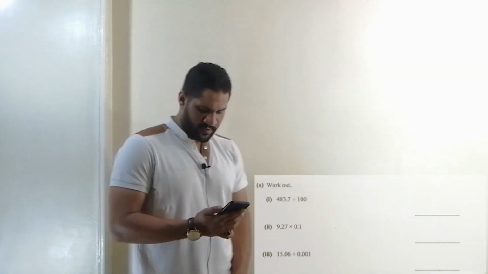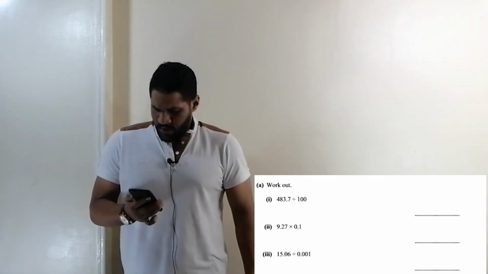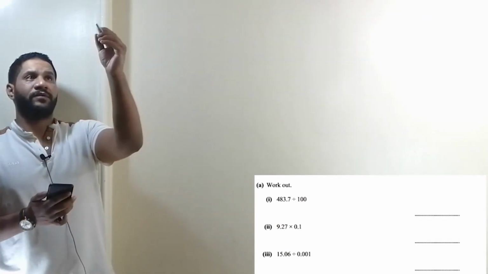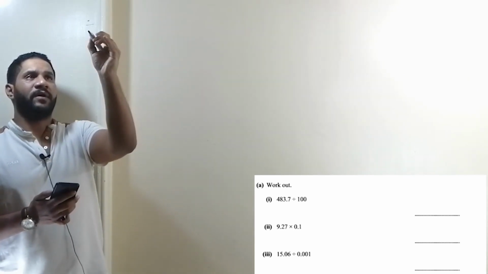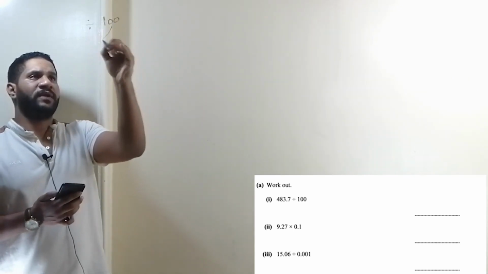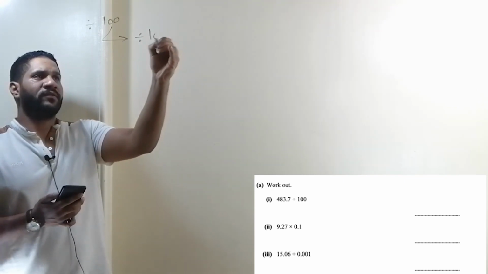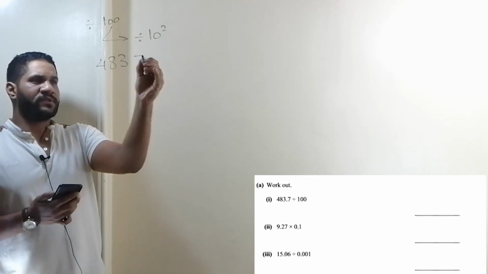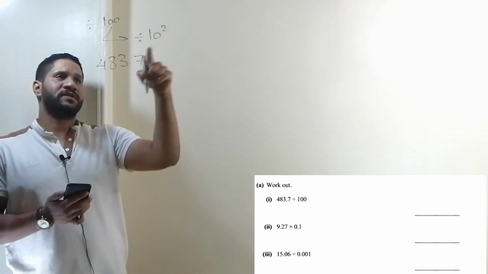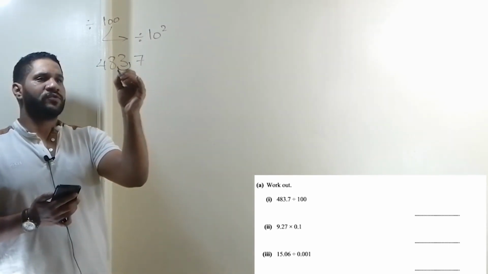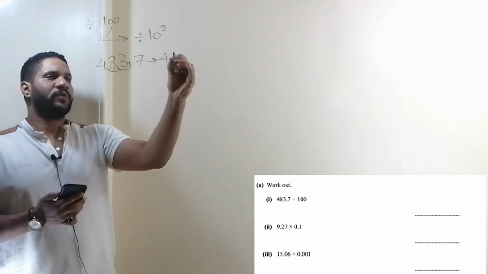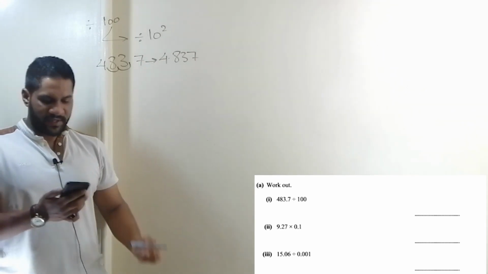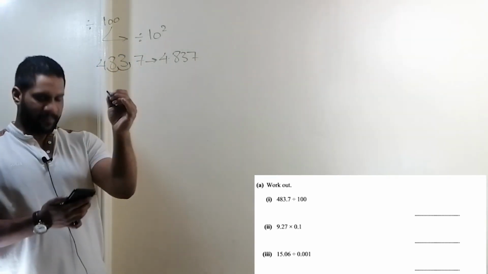He's saying, write 483.7 divided by 100. We know that divided by 100 means divided by 10 to the power of 2. So 483.7 will be shifted 2 decimal places to the left. So it's going to be 4.837. And the second one, he says the number 0.27 multiplied by